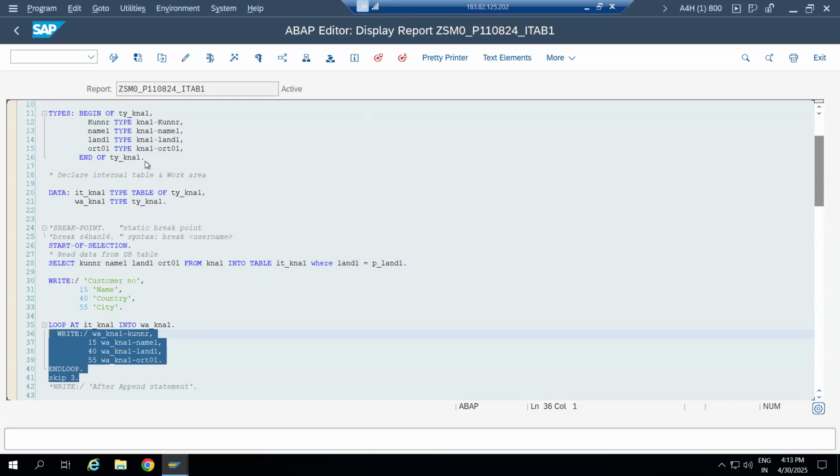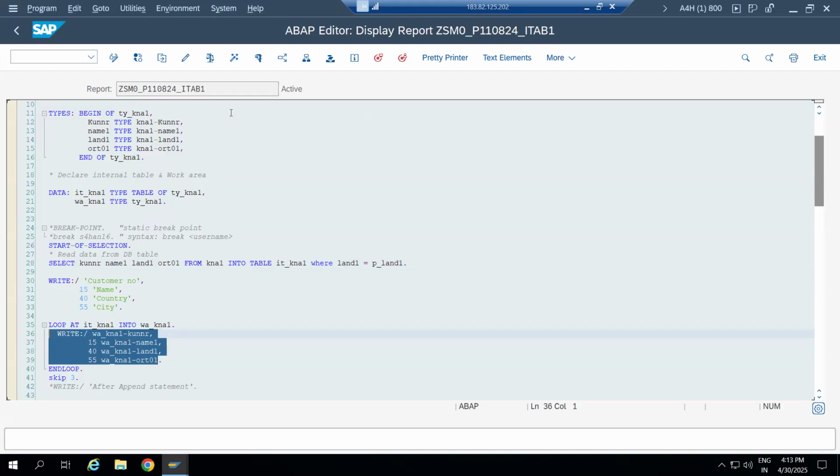This is also a classical report. But here I haven't used any events. We have some additional options for the reports, and those are nothing but events. But this is a simple report where I haven't used any events, but I'm reading the data from the database table and displaying the data with the help of a simple write statement. So this is also a classical report